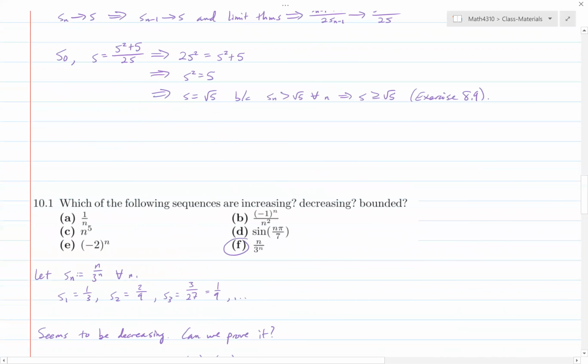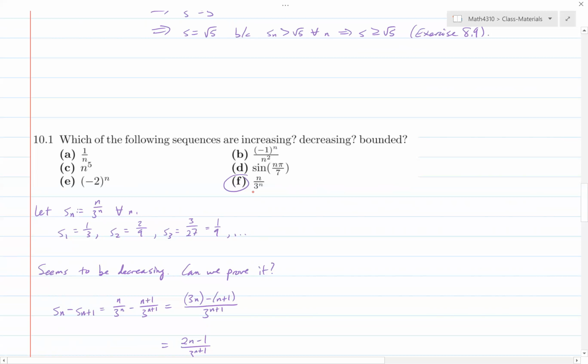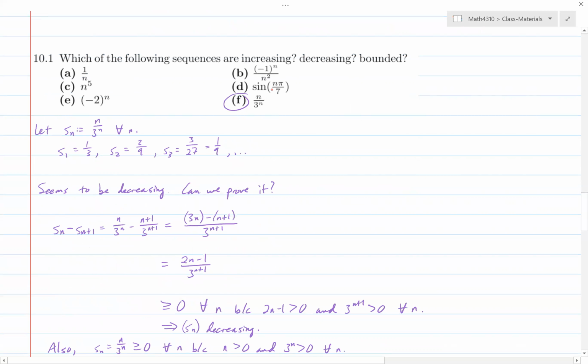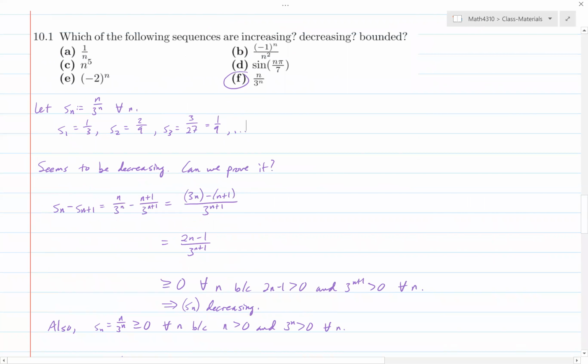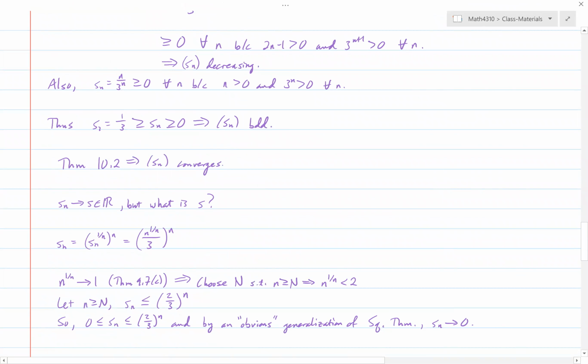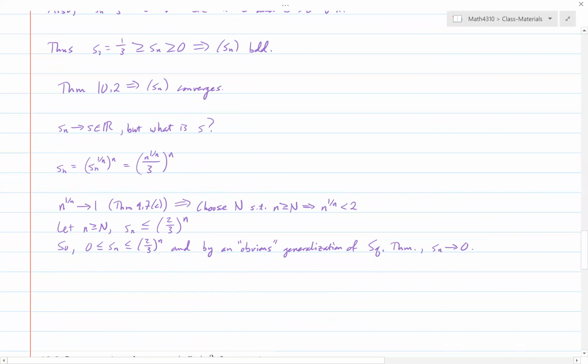So the other things I've shown in here, just a few. I'm showing part F in these notes. You don't need any induction here because it's a very explicit sequence, so you can just do things directly. The one thing I do show in this, by the way, is actually how you can say what the limit is. We know it's 0 from calculus, but if we don't have L'Hopital's rule, how would you show that this actually converged to 0? And I actually show you how to do that using kind of like rewriting this sequence by raising it to the power 1 over n, and then raising that to the power n,